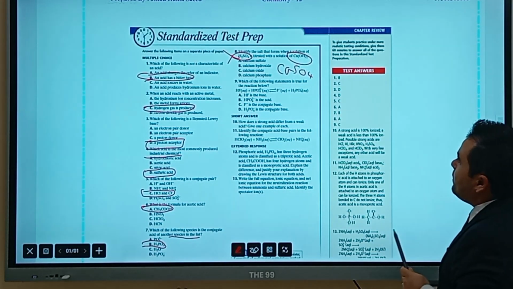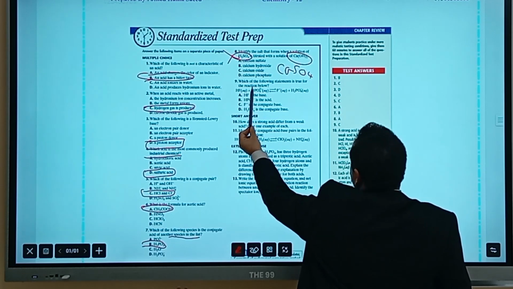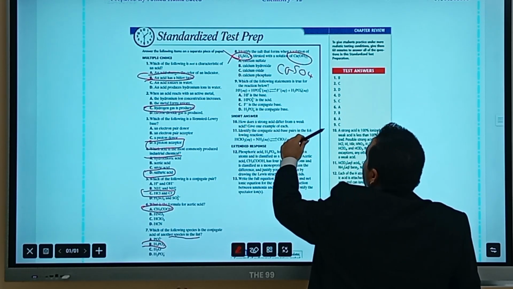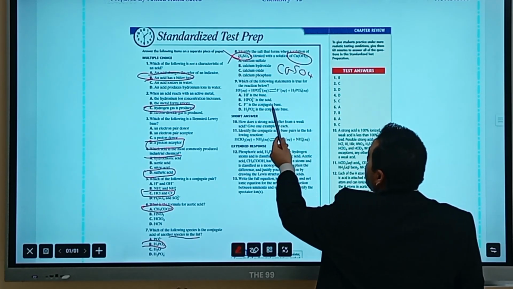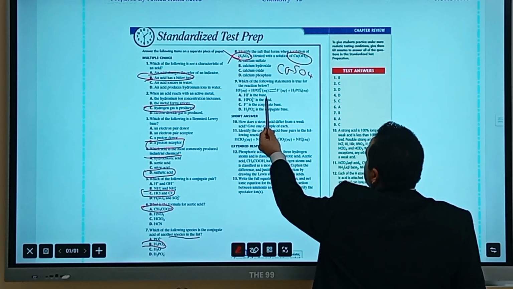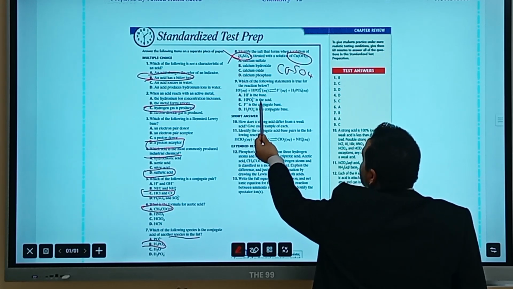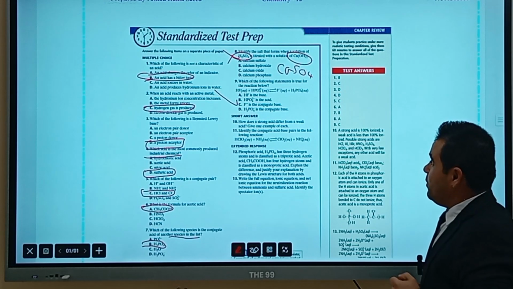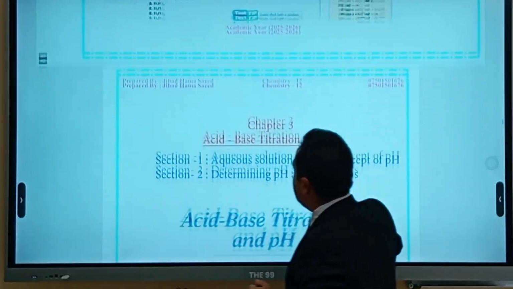Which of the following statements is true for the reaction below? The reaction is hydrofluoric acid with hydrogen phosphate reacting to form fluoride and dihydrogen phosphate. The reaction said HF is the base? No. HPO4 2 negative is the acid? No. F negative is the conjugate base? Yes. H2PO4 negative is the conjugate base? No, of course. That's the standardized test prep. And we have